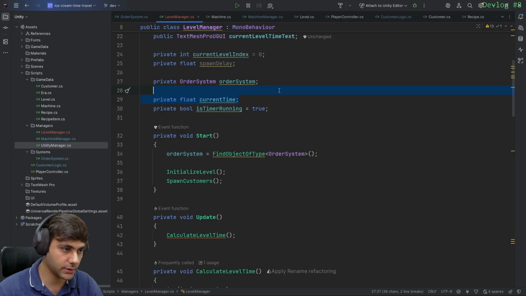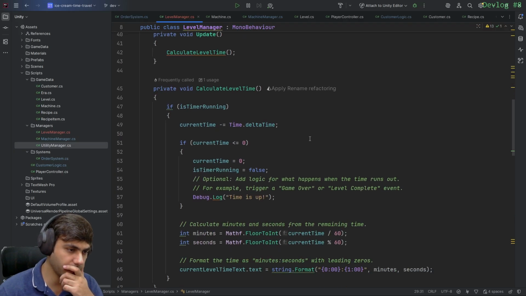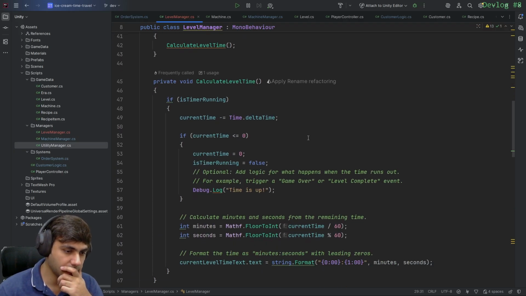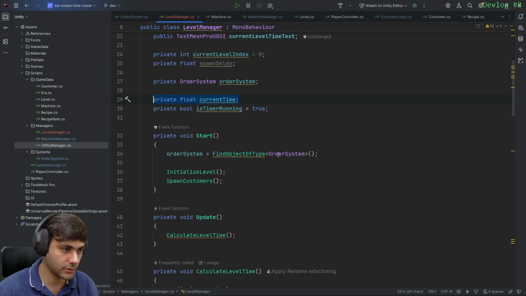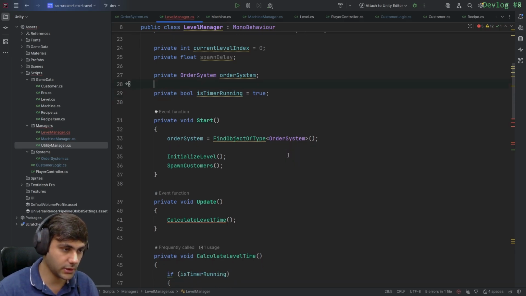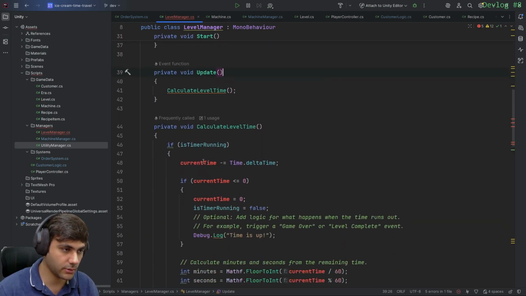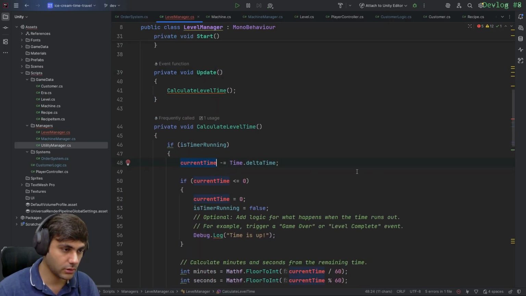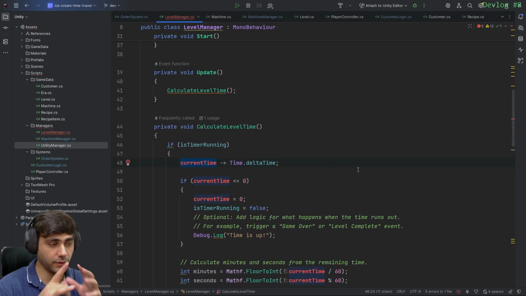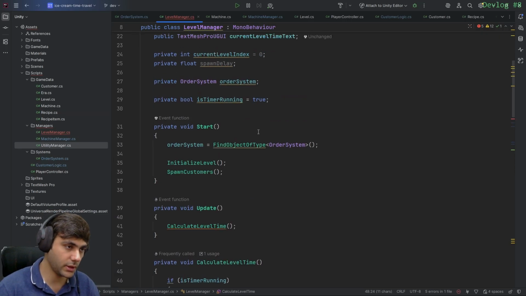Time, we don't need this. No, we need it. So it's actually decrementing this time, right? So we just need to change it to, what if actually we need it,